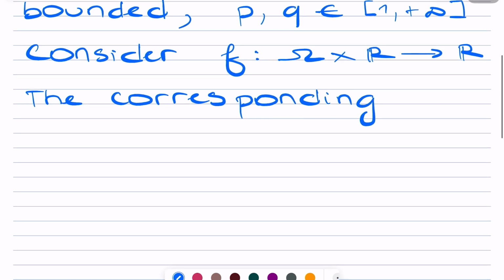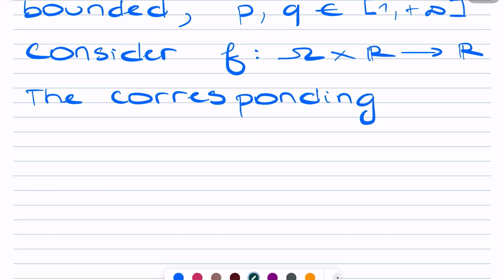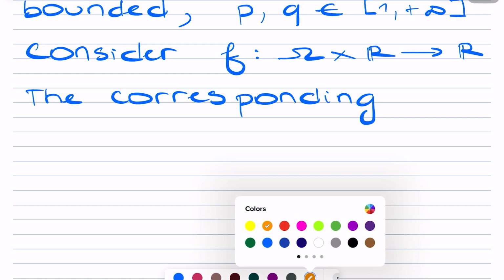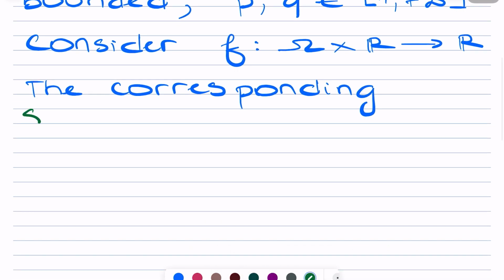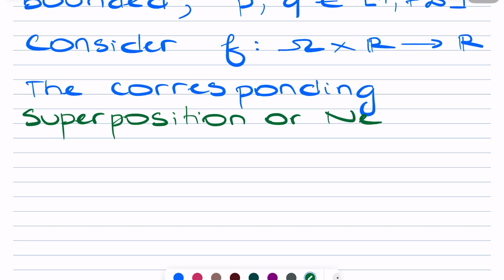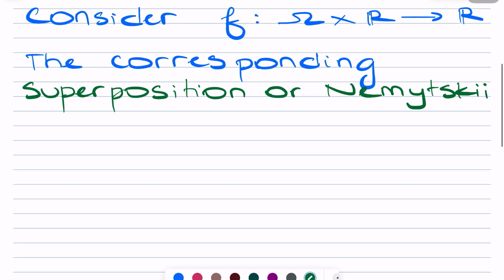the corresponding superposition or Nemytskii operator. Nemytskii was actually a mathematician, and he's at the origin of superposition operators. I think he was a Russian mathematician, by the way. So the corresponding superposition or Nemytskii operator is given by